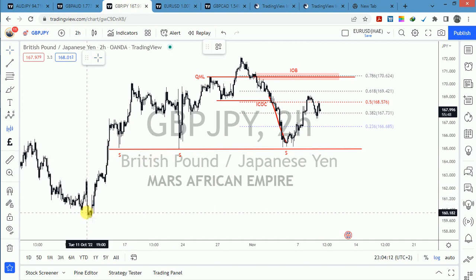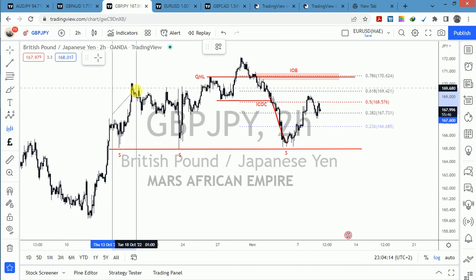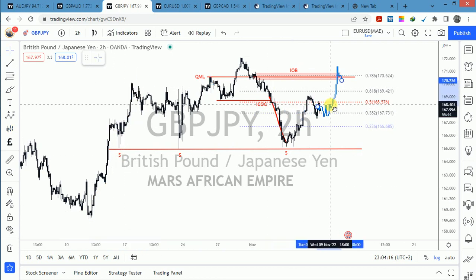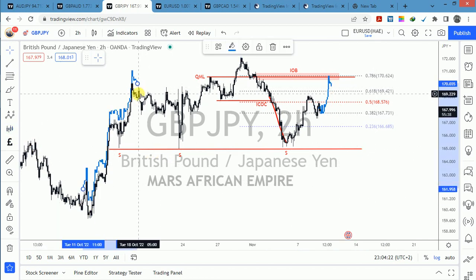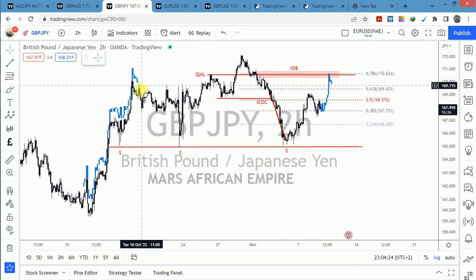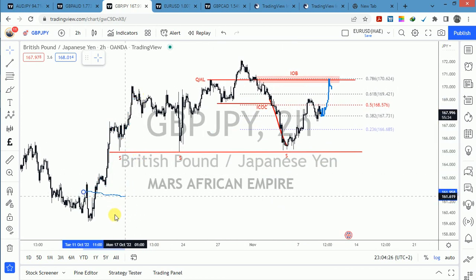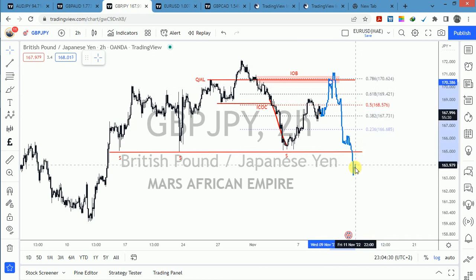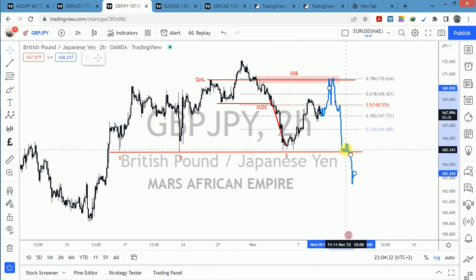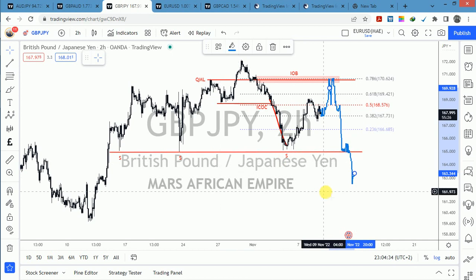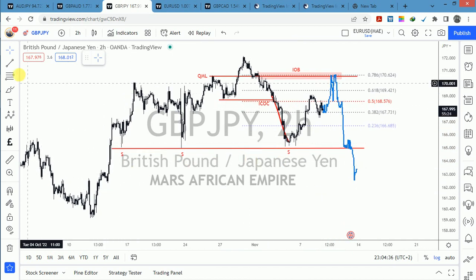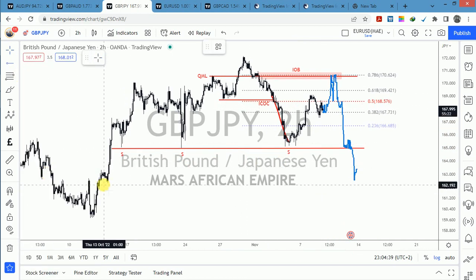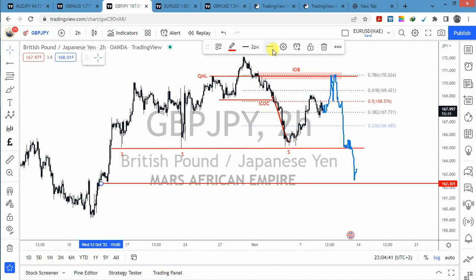Let me put some nice move here. So we expect it to mitigate that before we can have a drop. So we'll be expecting to drop here. Now remember I said there is an FOZ there,